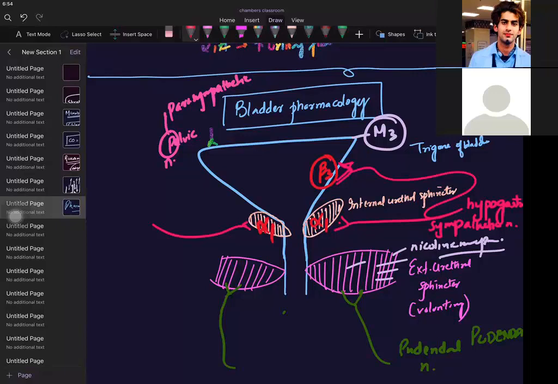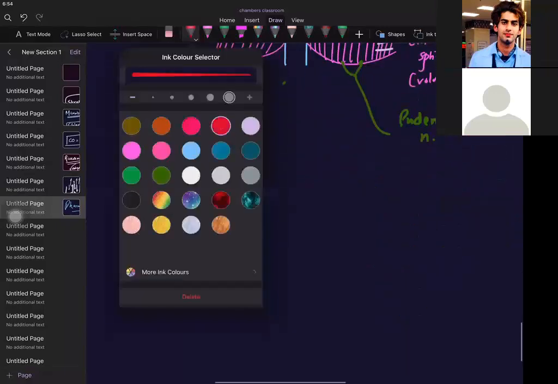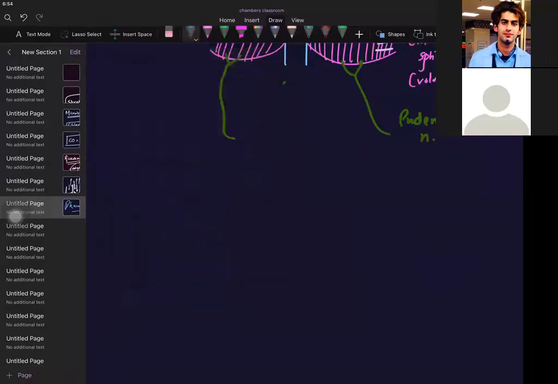Now what is happening is your CNS, that is the pons. In the pons, you have an involuntary bladder center. I am now connecting it to neurology. The pons is the center for micturition. I remember it like P: pons is related to P, micturition. In your pons, all the orchestration between the sympathetic and parasympathetic nervous systems is happening.